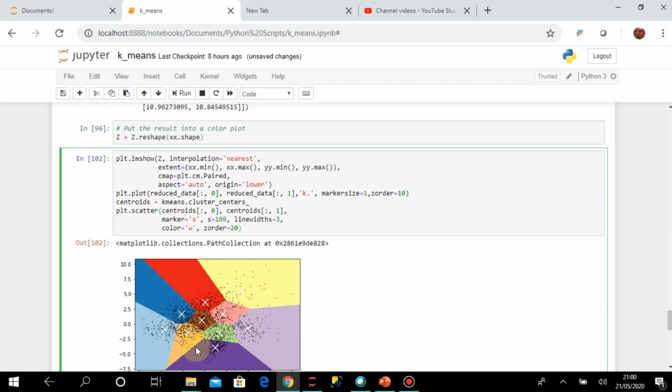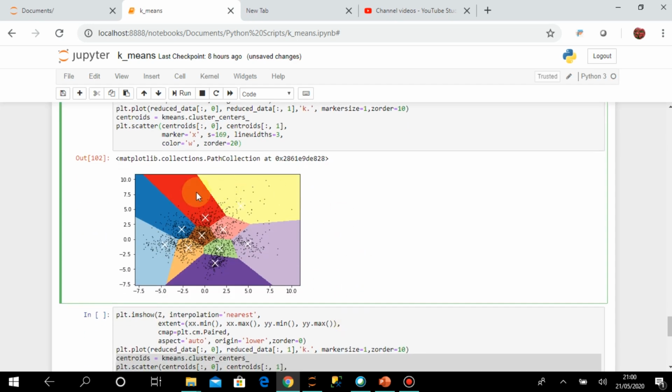So you can see all the white points. These are the 10 clusters, these are the 10 centroids, and these are the data points which are in different clusters. Through k-means I have just created these 10 clusters, created the centroids, and put this data in different clusters.